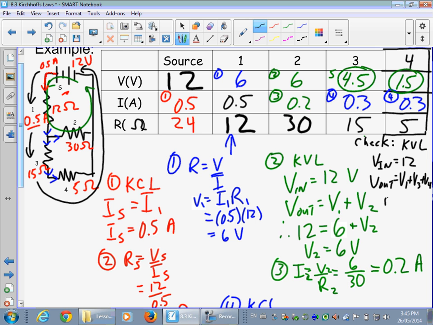And so 12 equals 6 plus 4.5 plus V4, and when you calculate V4, you get 1.5 volts. So the fact that those are identical doesn't prove that you're right, but it definitely leads to you being a little bit more certain. And so we started off with only the numbers in black, and all the numbers in blue, green, and red we were able to calculate using only Kirchhoff's two laws, as well as the resistance formula,